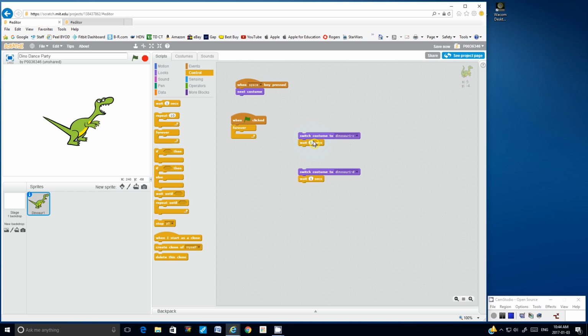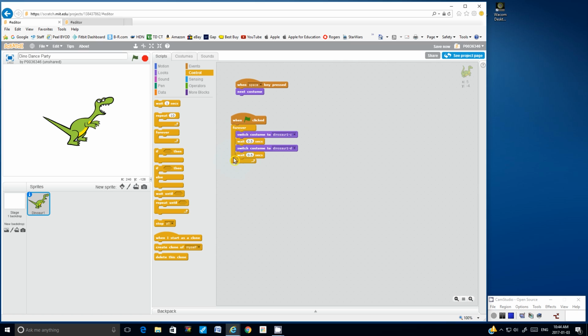And then I'm going to change 1 second, and I'm going to use my keyboard and type in 0.5 seconds, and I'm going to do the same for the second wait block, 0.5 seconds. And now I should be able to snap these 2 blocks to the first 2 blocks so that they're all connected together. And then now I should be able to move all 4 blocks into the forever loop here, inside